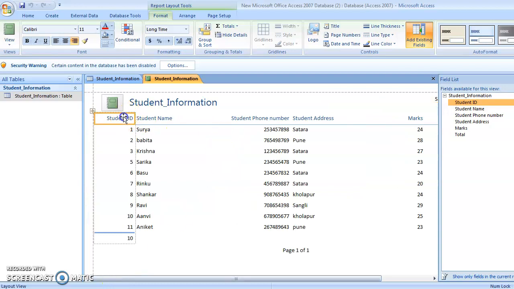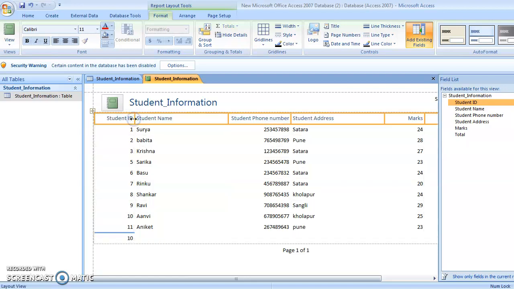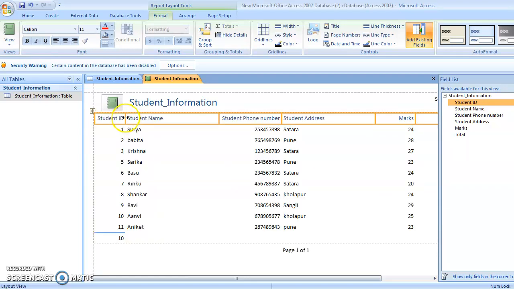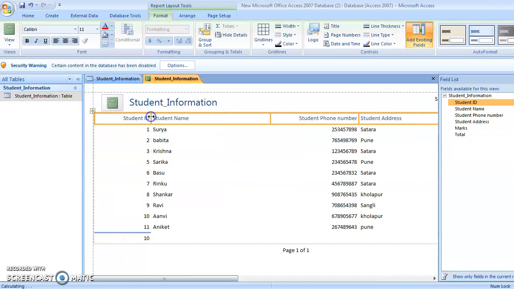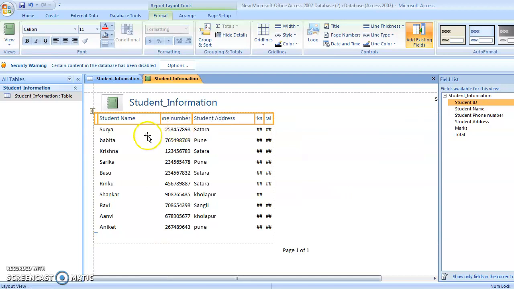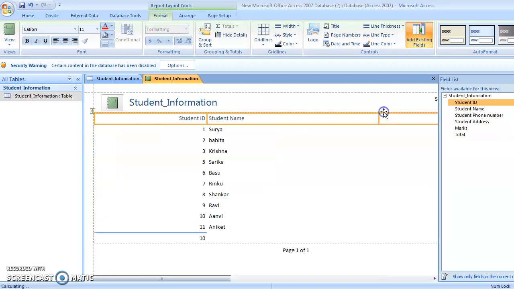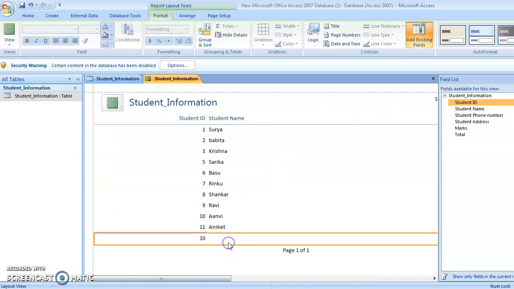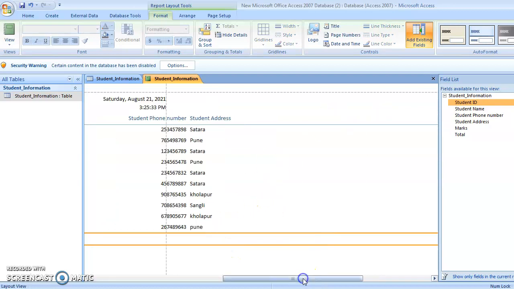After that, if you want to arrange this as you want, you can arrange it like this. Okay, so I don't want the student name, okay, student ID, phone number and address.